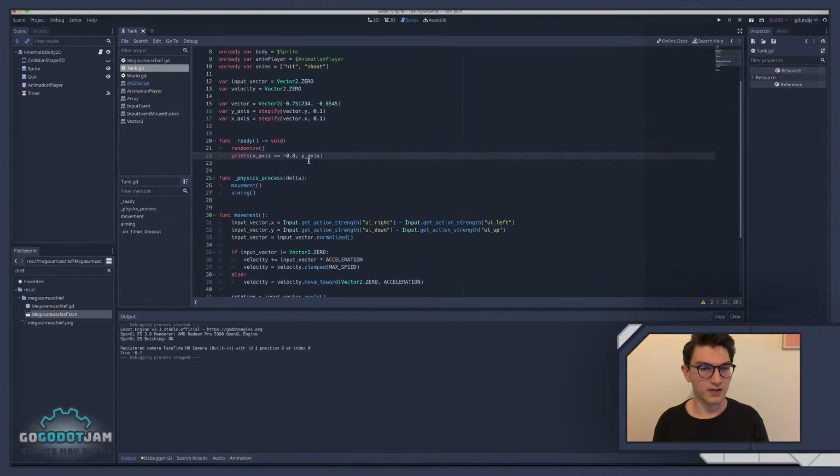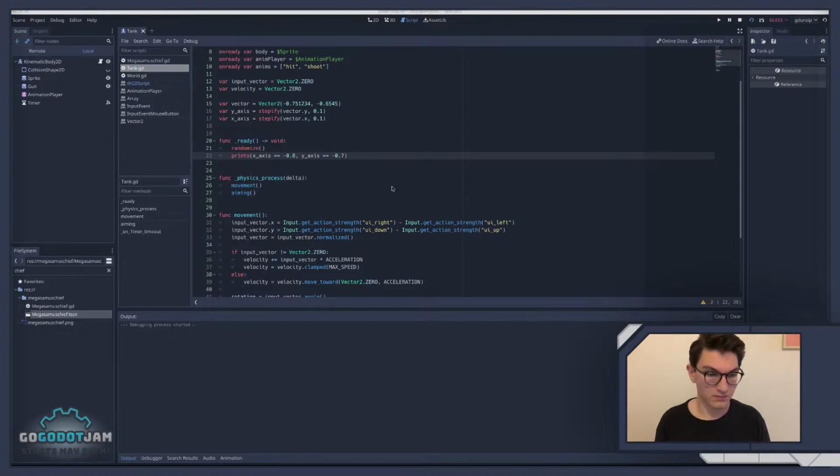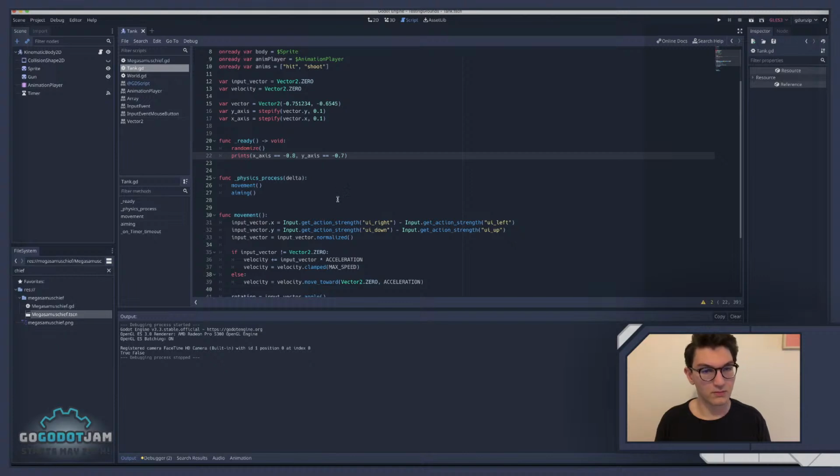So let's do this. Let's also do this. So this should equal 0.7. Oh, that is interesting. Wow, that's weird. Huh. My guess would be because when you work with floats,